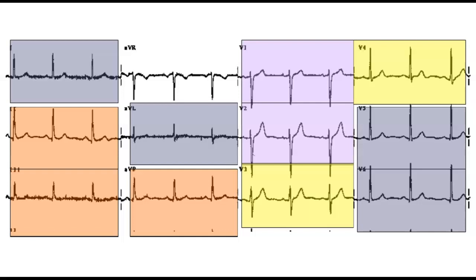And then what you have left over is the inferior leads. We already talked about anterior. Inferior leads: from the right arm to the left foot is lead 2, left foot to the left arm is lead 3. Both of those go on the bottom part of the heart as well as the foot. So that's why they go together.